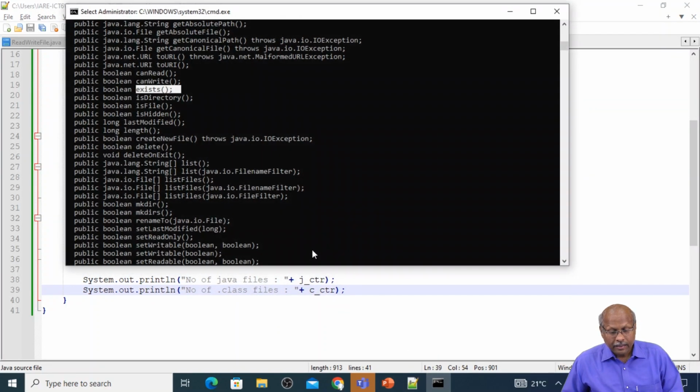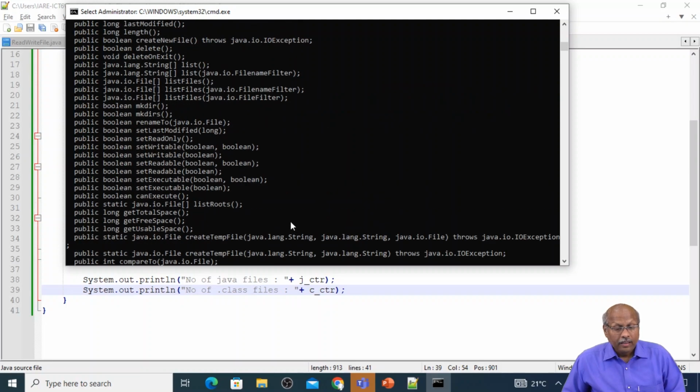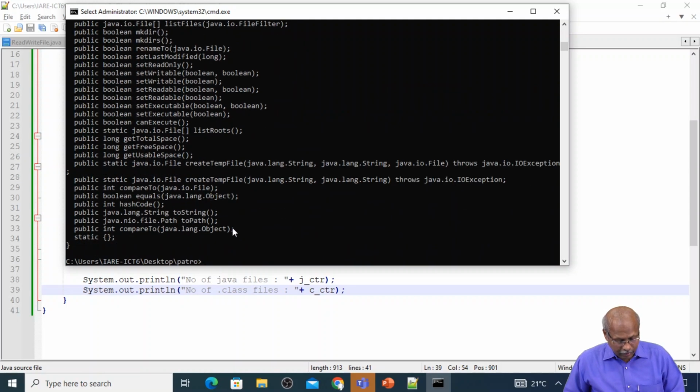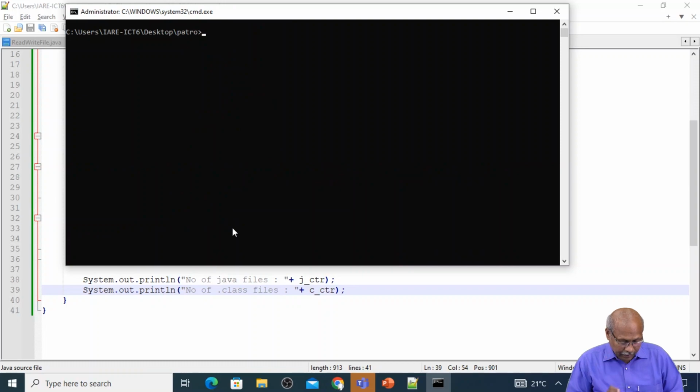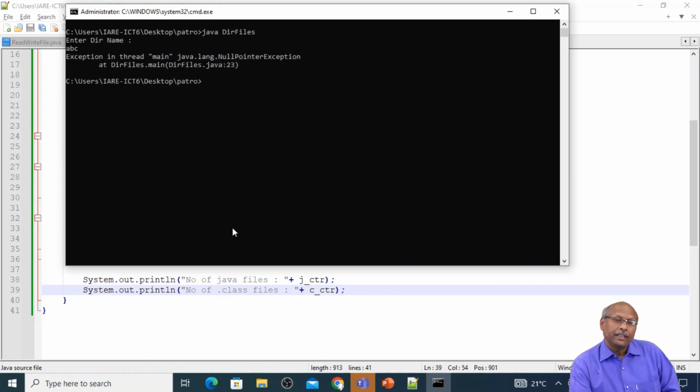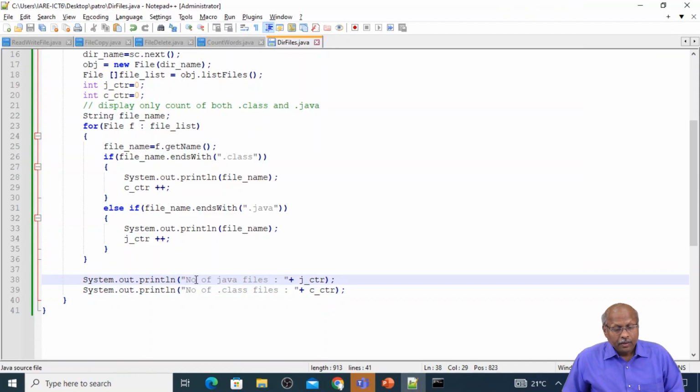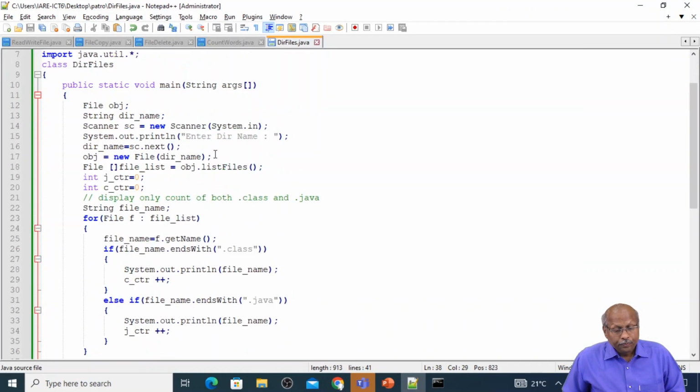Let us say, clear the screen. Now again I'll run. Assume I'll give ABC. This ABC is not there. Then immediately it throws a null pointer exception. That means it is not there, then why have you given it? So to avoid this problem, because after giving this name it throws an exception,